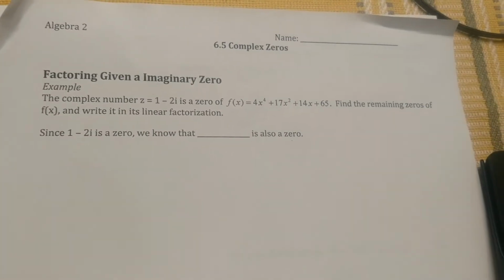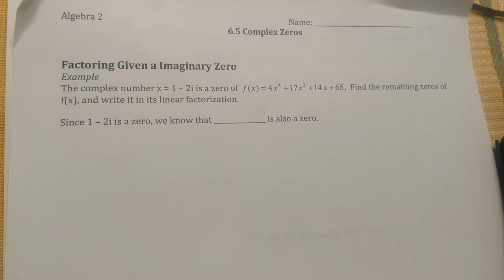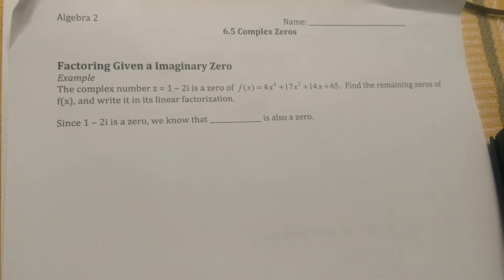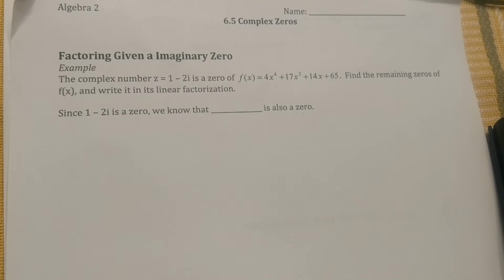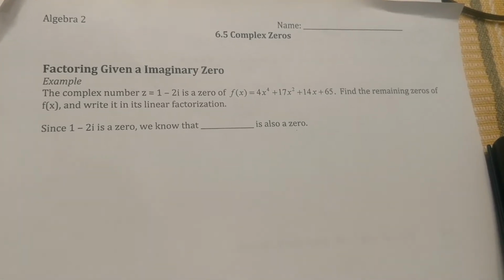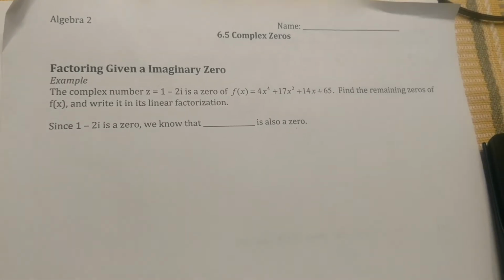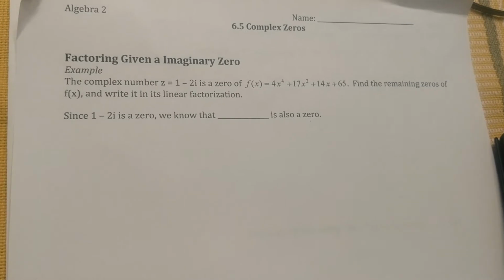Hello everyone, we're going to be talking about complex zeros. Factoring given an imaginary zero. So the example is the complex number z equals 1 minus 2i is a zero of f of x equals 4x to the fourth plus 17x squared plus 14x plus 65. Find the remaining zeros of f of x, because it already gives you one of the zeros, and write it